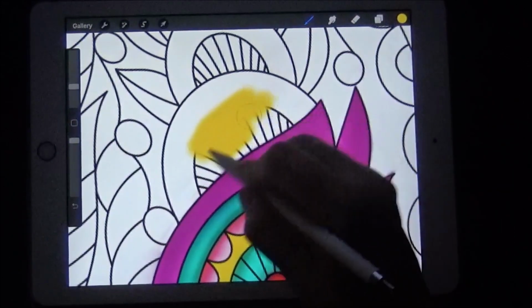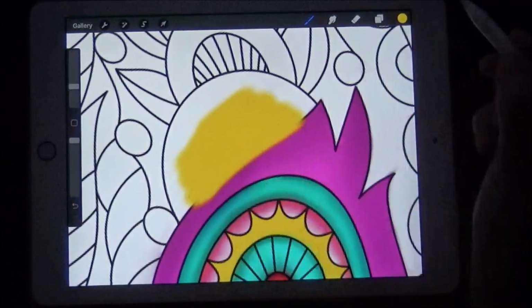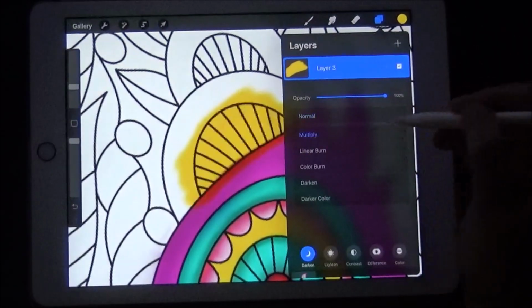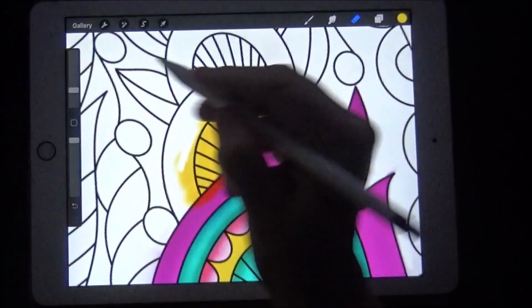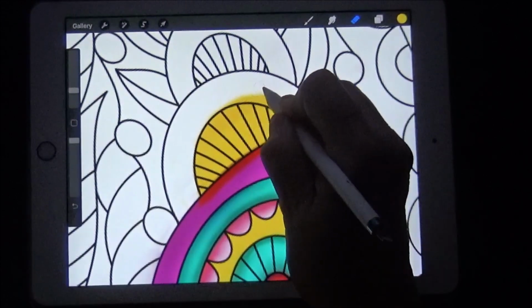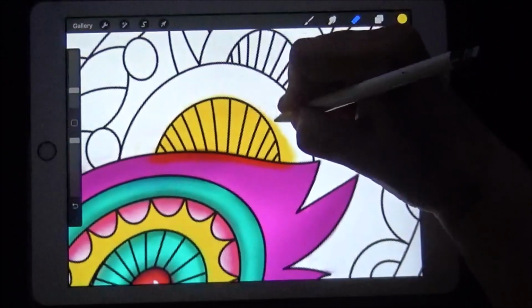I'm going to see something here. See how you can go like this. This is what I mean. You can go like this, right? And then you can go here and hit multiply. Now you can see through it. Then you take your eraser again, and then you can just come across here and just kind of clean up the area. But you can fill it in pretty easily,